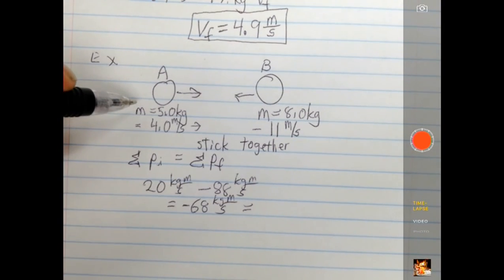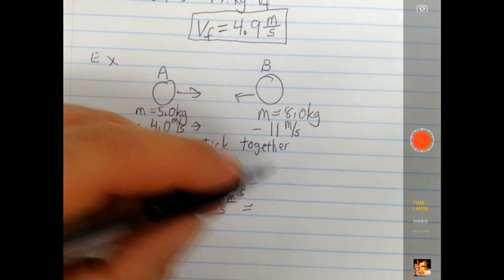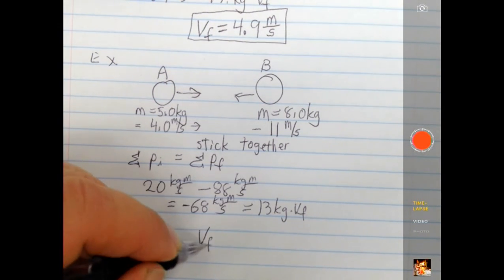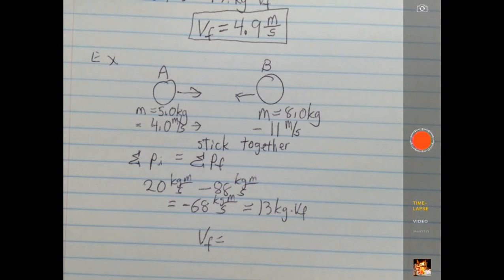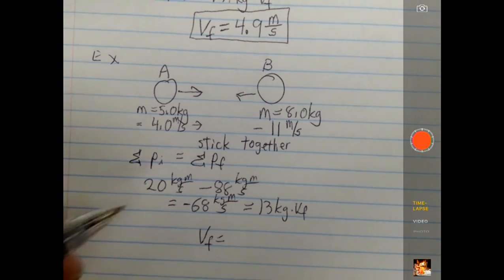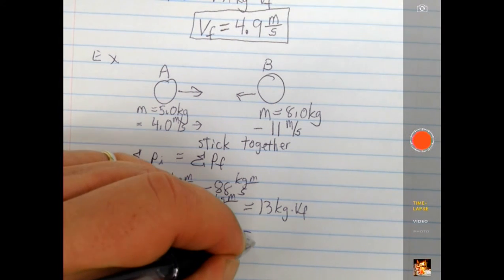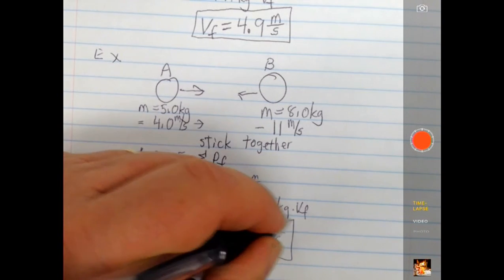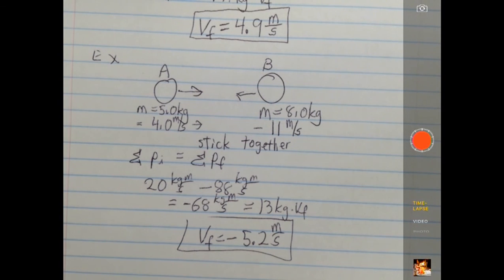Again, I get to add the masses together. So 8 plus 5 is 13 kilograms times the final velocity. Therefore, the final velocity is 68 divided by 13, which is negative 5.2 meters per second. If you look at the homework, you'll see that there is a problem with the two